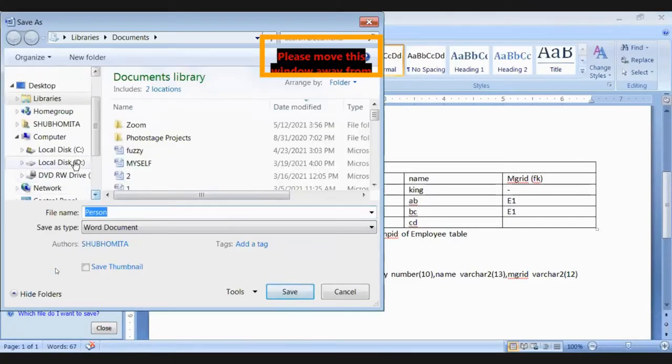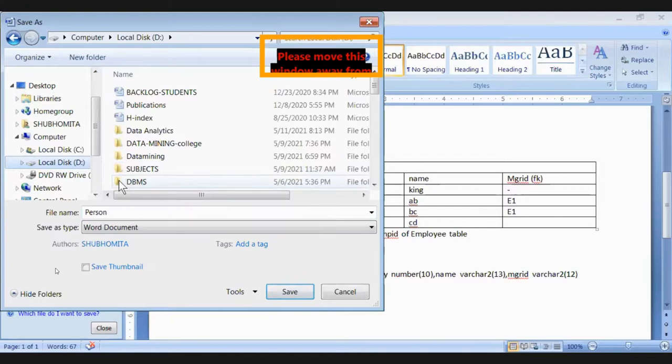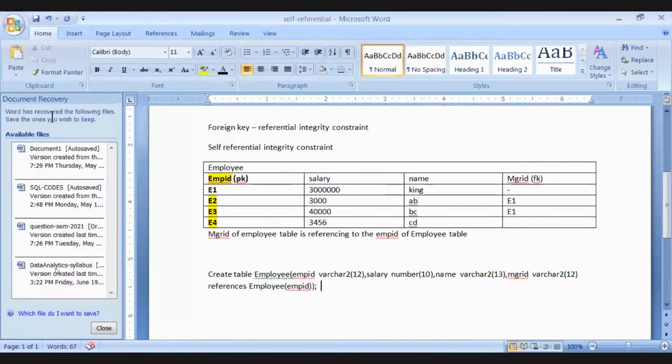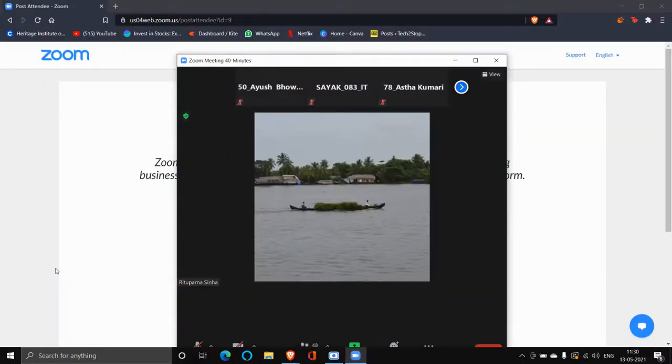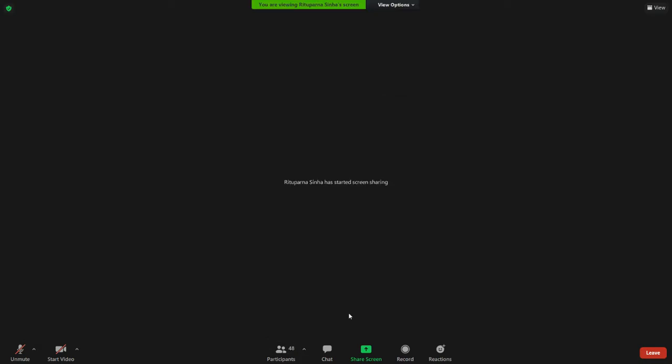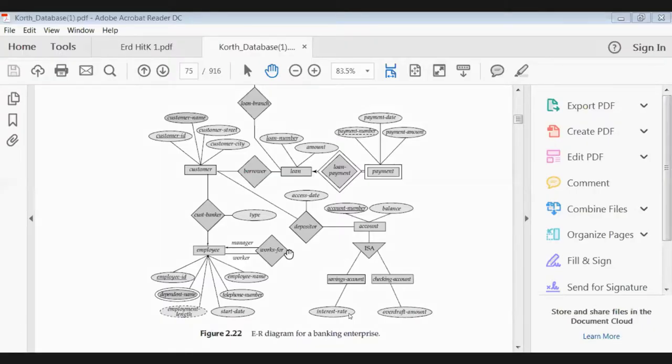One minute, let me save it. We come to the diagram.